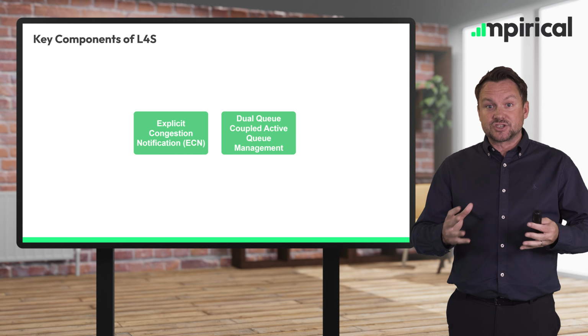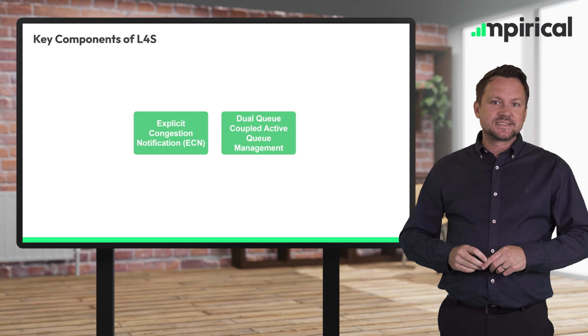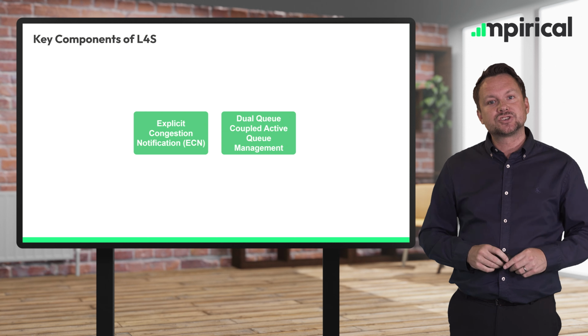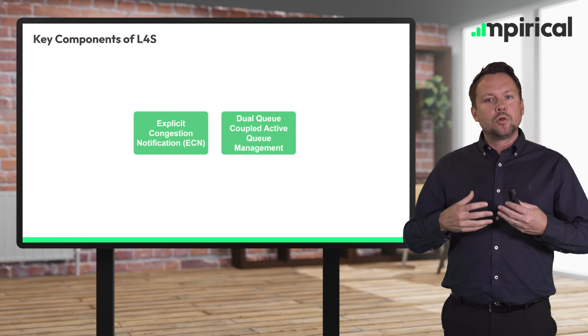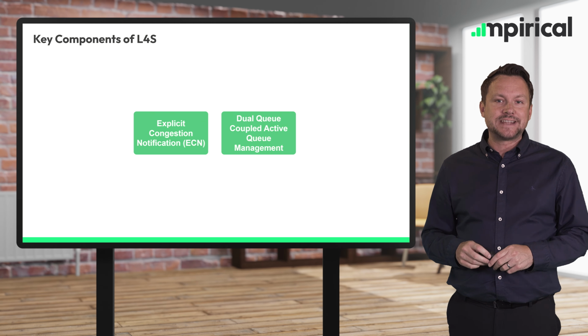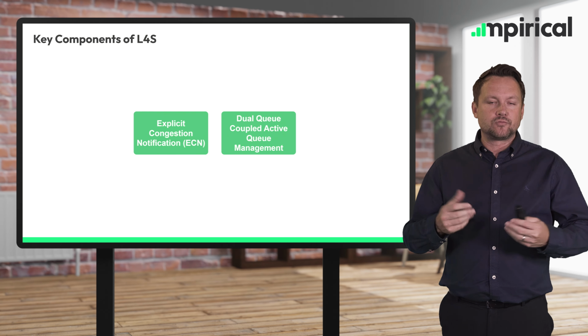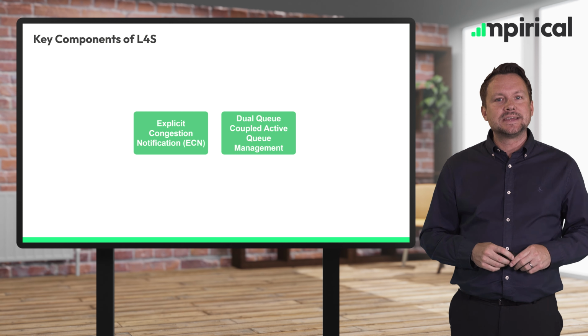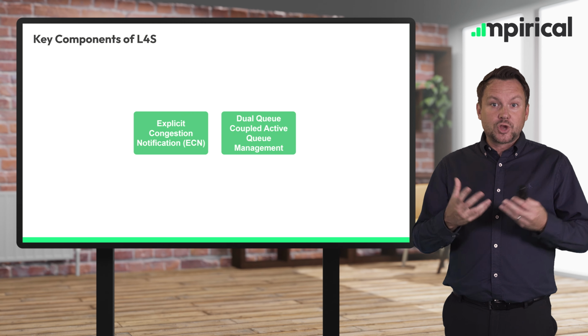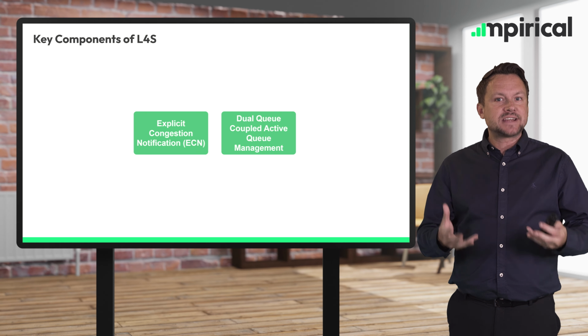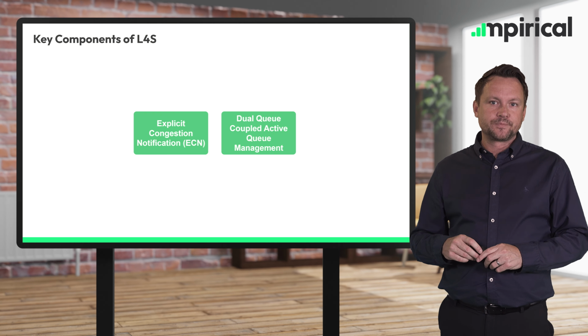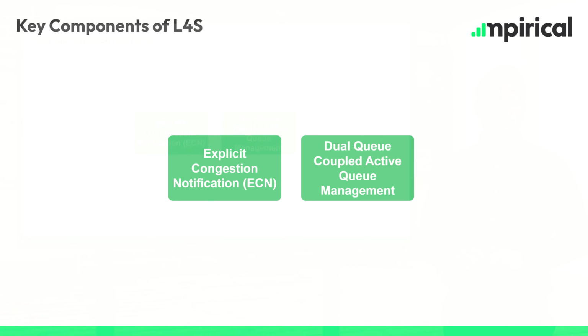So in the example of potentially video streaming, what will happen is the sender may adjust, so this could be the application server for a video streaming service, will potentially adjust its bit rate to reduce the amount of data or the amount of packets in flight. And then once congestion is reduced, we can then increase that sending rate. The key thing here is that we don't overload queues within the network because this will lead to standing queues and the issue of buffer bloat. So explicit congestion allows for the marking of packets to say that there is congestion in the network, and this happens much earlier than what we would see if we used packet loss as an indicator for congestion.